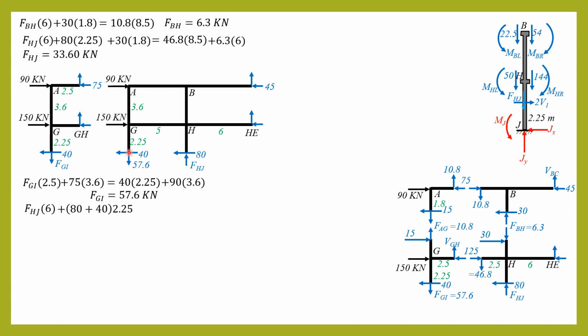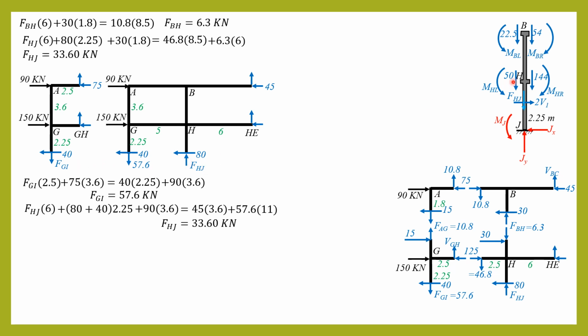Then plus 90 times 3.6, then equals 45 times 3.6 plus 57.6 times 5 plus 6, so 11. So solving for FHJ, it is also 33.6, so it's verified here. So there are two free body diagrams considering the detailed free body diagrams and the shorter, so that we can find these forces